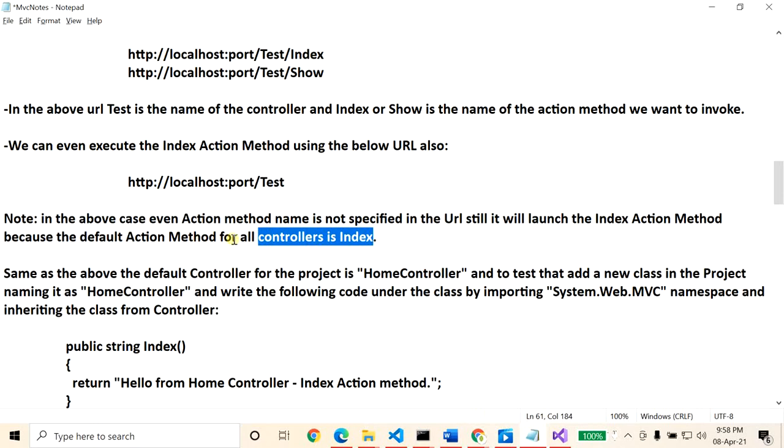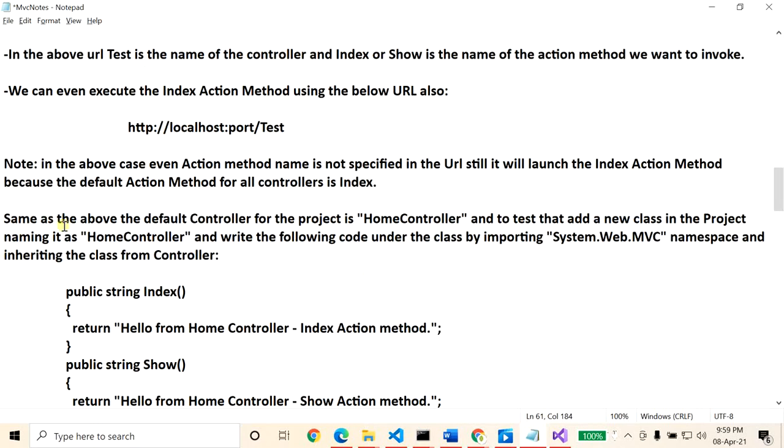Same as the above, the default controller for the project is the home controller.